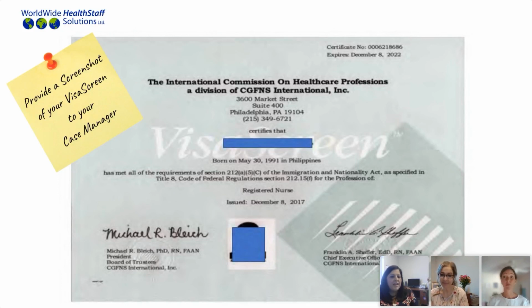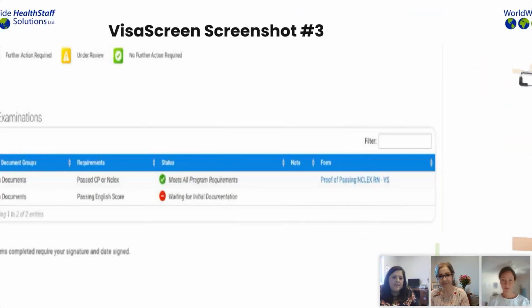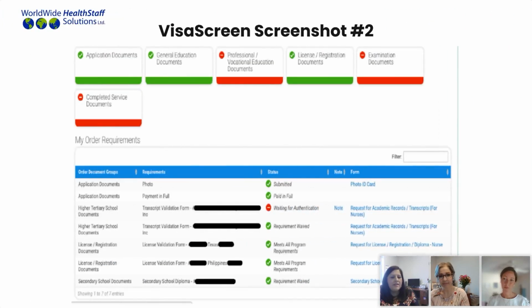Yeah, and I just wanted to go back one second to the screenshots of the VisaScreen, and just know that when your case manager requests regular updates, this is kind of what they're looking for you to send. So make sure when your case manager requests it that you're not just sending the same screenshot that you sent,